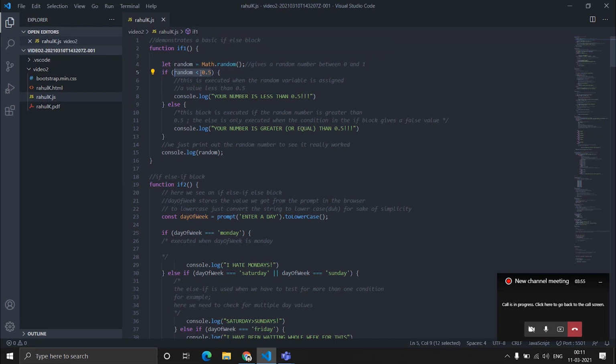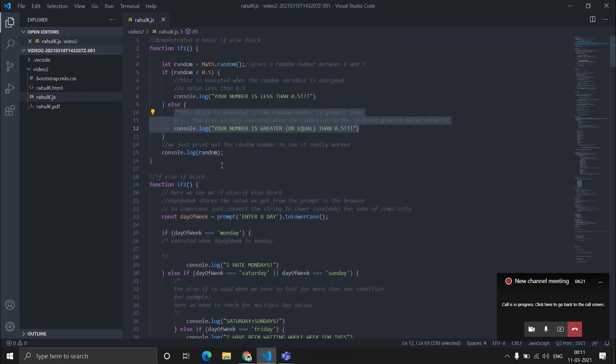And as we have seen logical operators in our last video, if this condition becomes true, then whatever is present inside this if statement will get executed. Else, if this condition becomes false, whatever is present inside this else block will get executed.